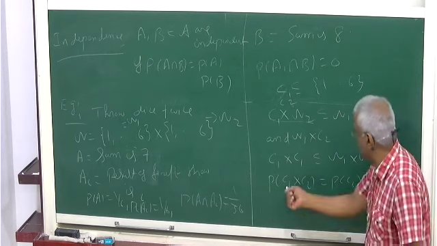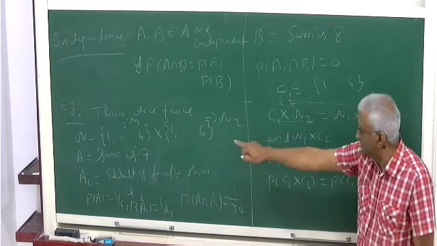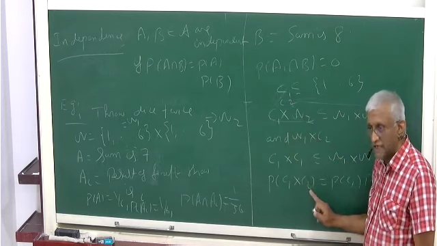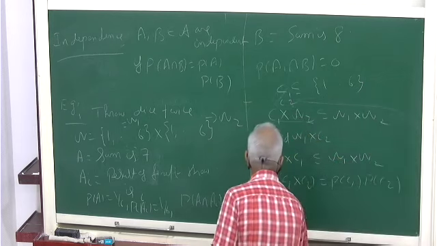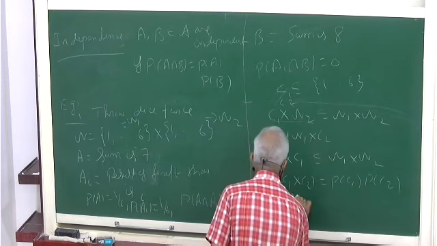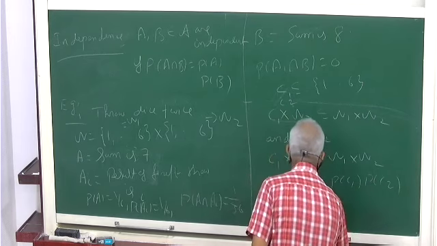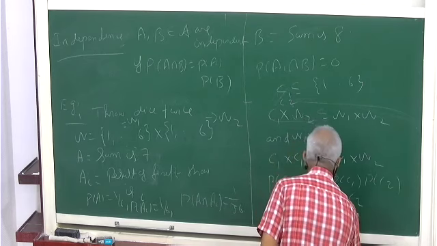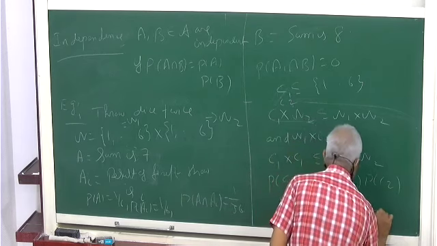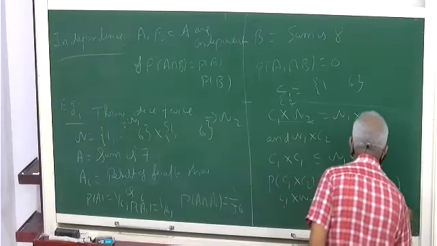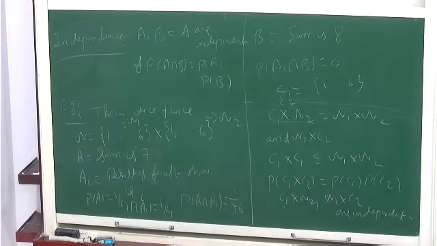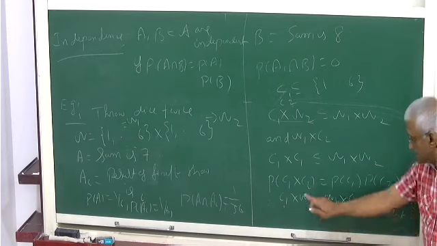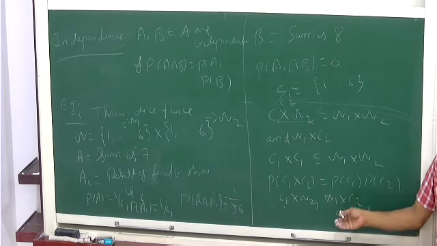So C1, C2 doesn't make sense here. You have to take C1 cross omega 2 and omega 1 cross C2. This will imply that C1 cross omega 2 and omega 1 cross C2 are independent. Probability of this is P of C1, probability of this is P of C2. Their intersection is C1 cross C2. You just write the definition.